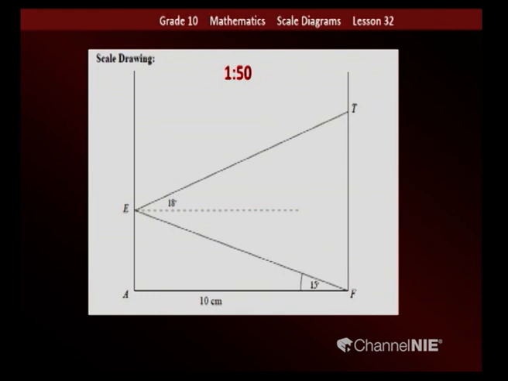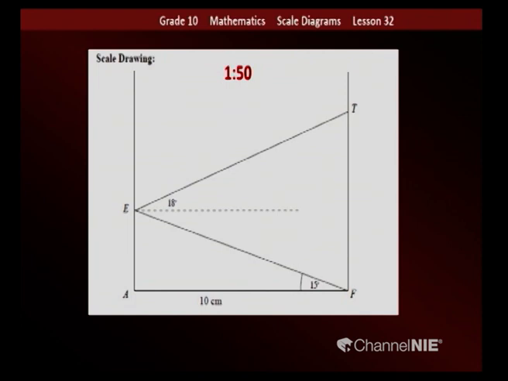Okay. Then here, first you have to draw the horizontal line AF. You know the length of AF now. Horizontal line AF. Using the ruler, you measure 10 centimeters and mark the endpoints A and F. Okay. Now, where the E is, we don't know that one. We know the angle of elevation and angle of depression. Do you remember?